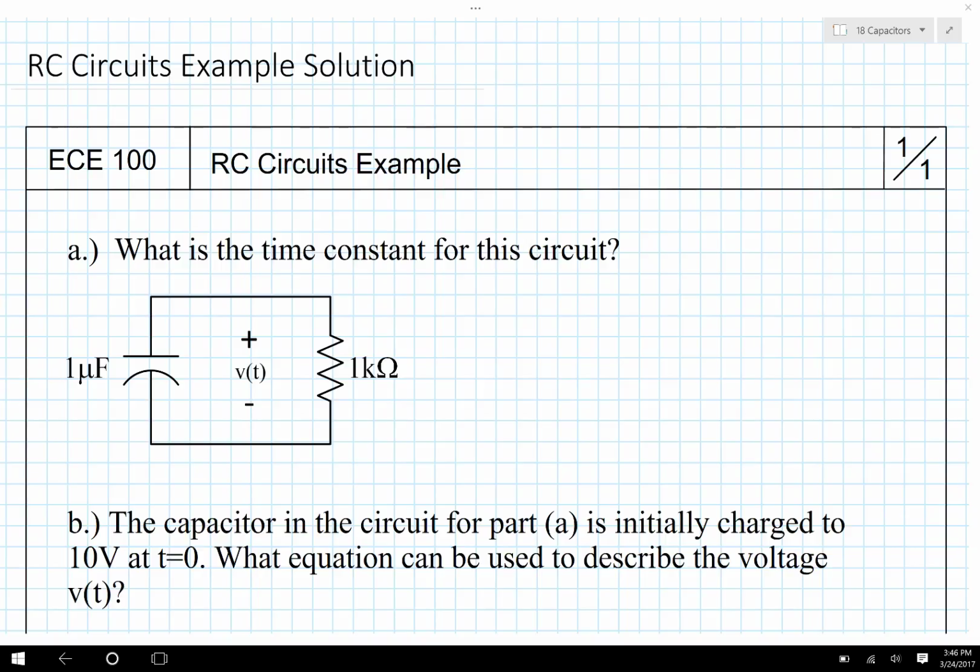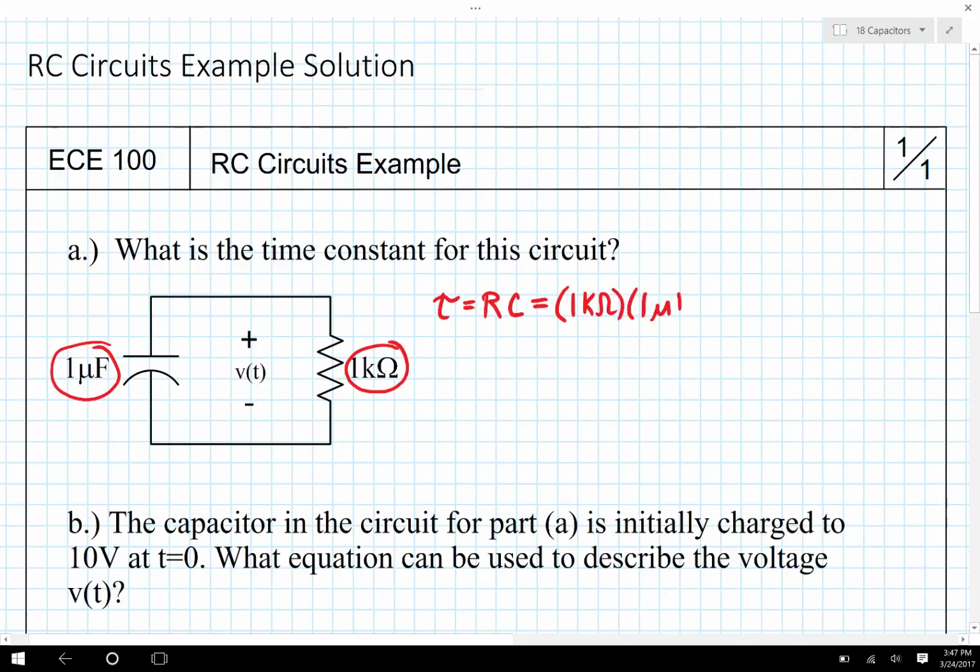Now we're going to do some calculations involving an RC circuit. You can see here in part A we're shown the RC circuit, and the resistance is 1 kilo ohm and the capacitance is 1 microfarad. We're asked to calculate the time constant, tau. Tau is going to be simply R times C, which is going to be 1 kilo ohm multiplied by